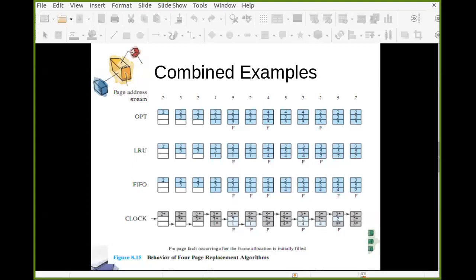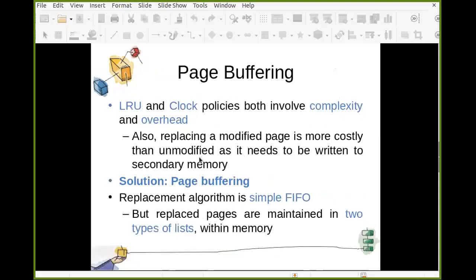What is global scope? When a page fault occurs, if you can replace a page of the same process only, and you cannot replace a page of any other process, that is local, and that is what we have used here. That is not global. Global means a page of any other process can also be replaced. Here one particular process is allocated 3 frames, so this is fixed allocation with local scope replacement. Are you getting it? Yes.